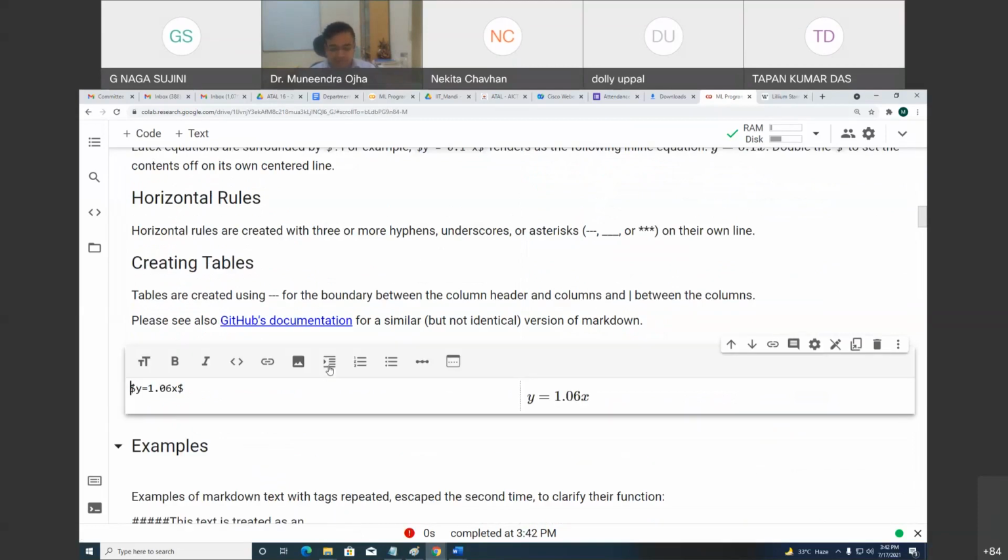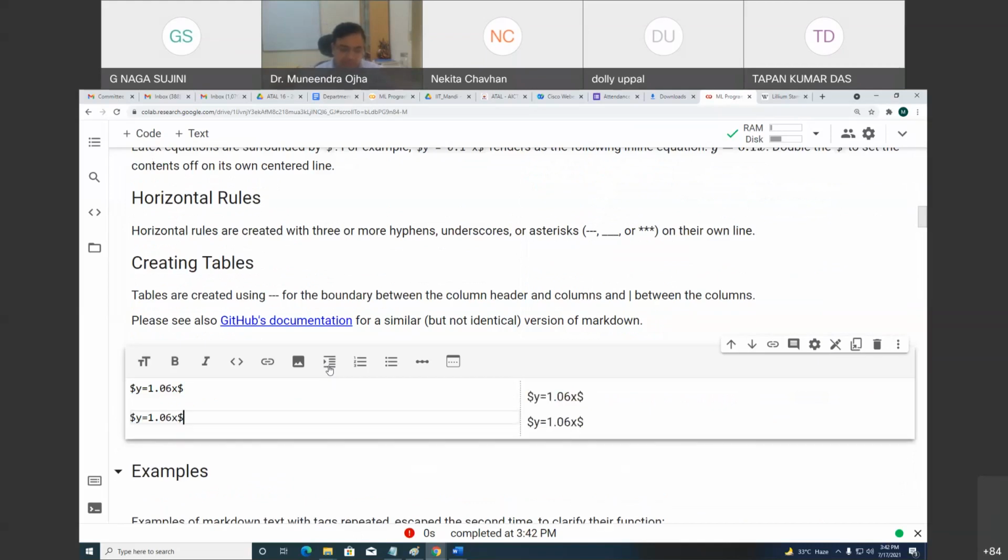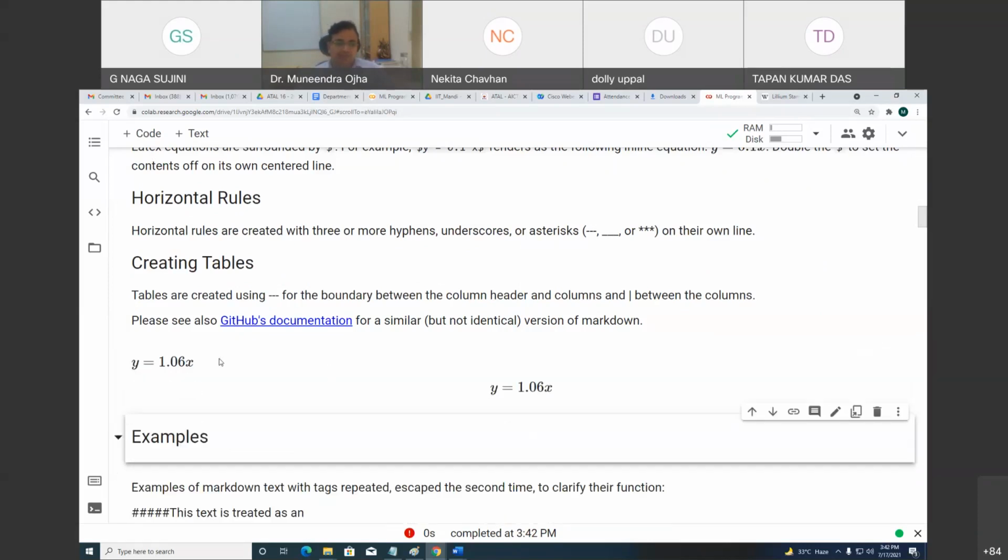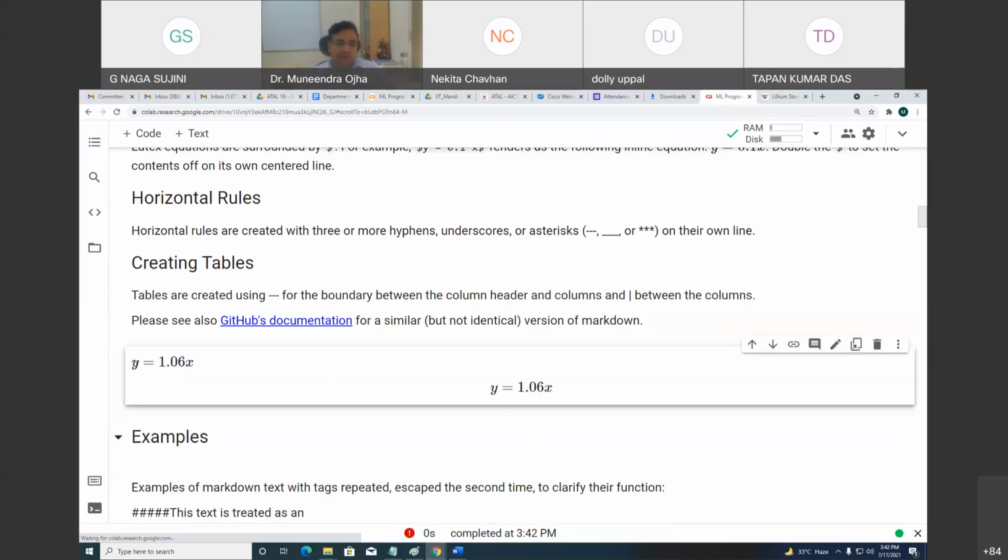However, if I want to write this as a centered, independent equation, I need to surround it with double dollar. So you see the difference between the two. The first one, with single dollar, is an inline equation, meaning the equation is within the line. When you have to show an independent, floating, centralized equation, you put double dollars there.